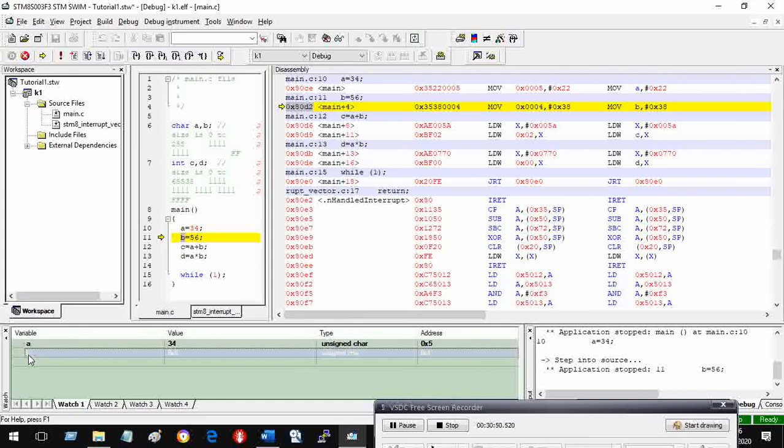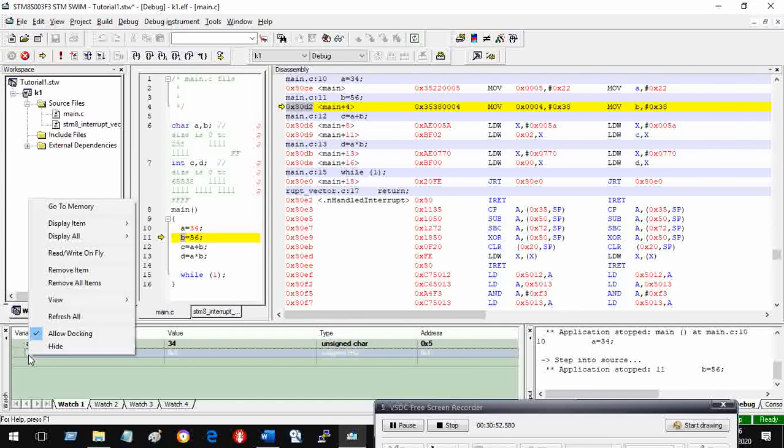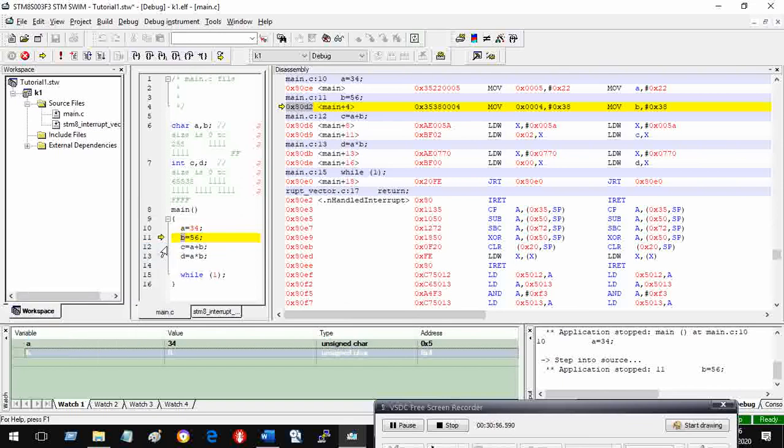Okay, then go here, right click, display item, decimal. So B is 0 right now because this statement is not yet executed. It has come here, but it has not executed the statement. So if I execute this statement, then what will happen? Let us execute it and see.